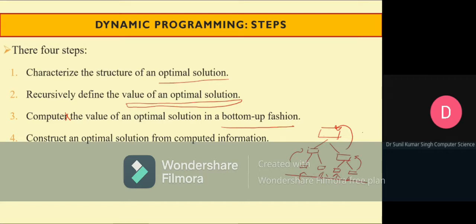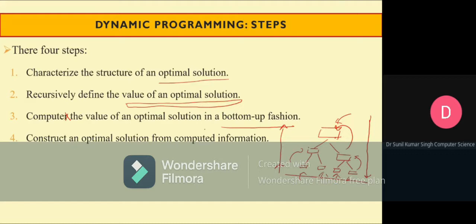And many dynamic algorithms work from top to down. In that case you have to begin from here, I mean top to bottom, and then we'll reach till here, and after finding the solutions we will be able to find the solution of the original problem. But in case of bottom up, we'll begin from the bottom and then we'll reach the top. So this is the difference between bottom up and top down. And we are going to talk about one of the applications of dynamic programming using the bottom up approach.